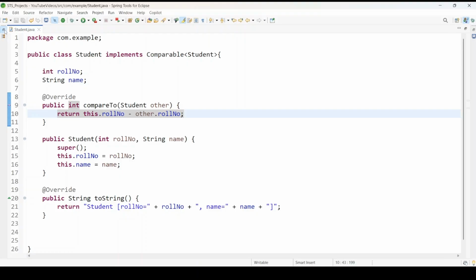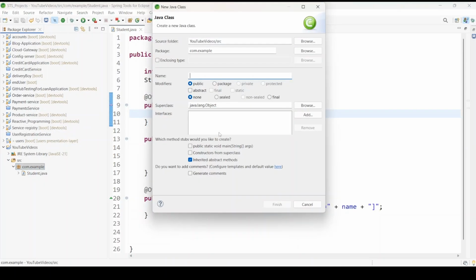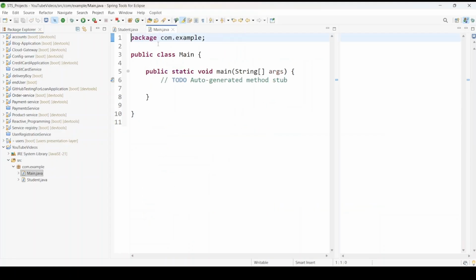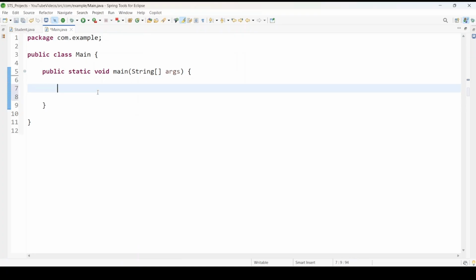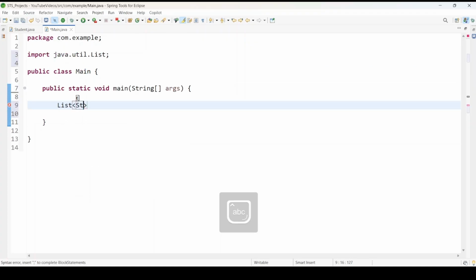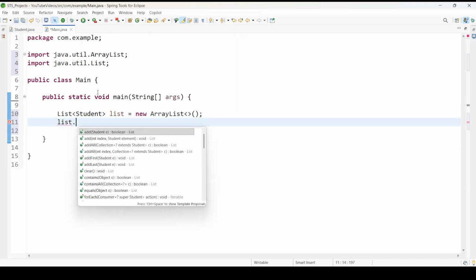Now let me create one more class, which has the main method. You can consider it very simple. Let me add the main method here. Inside this, I'll try to create the ArrayList, a list of the students. List is equal to new ArrayList. Inside this list, I'll try to add